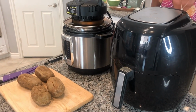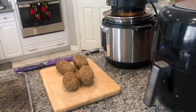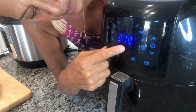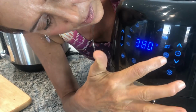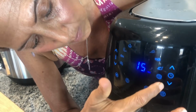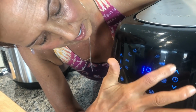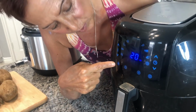I wish I could use all 3 at once, but then we'll blow the power here. So basically, the different buttons are the temperature, which you go up or down, and then the time. Usually I do everything at 400, and then the time, which you can go up or down. So pretty much I do everything at 400 for 20 minutes, and then maybe I'll add some time. And then you just push this button,